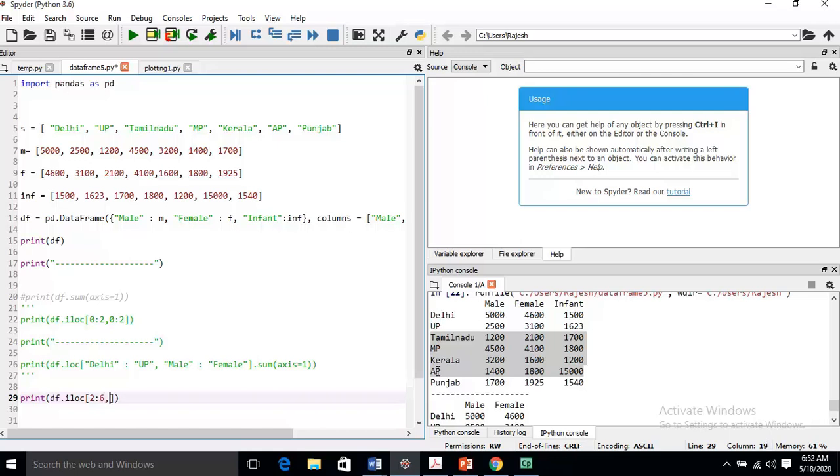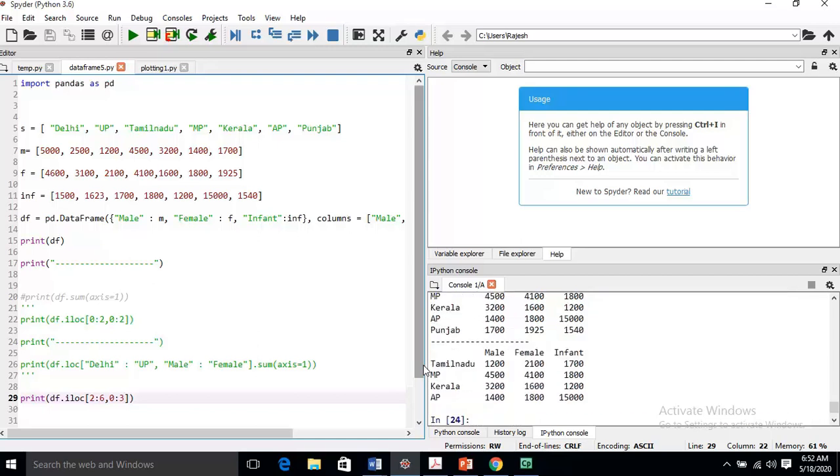You know the reason very well because the last index is n minus 1. Then we require male to infant. Male is in the 0 position, then 0, 1, 2, so here I will write 3. Let me execute the code, and this is the answer.